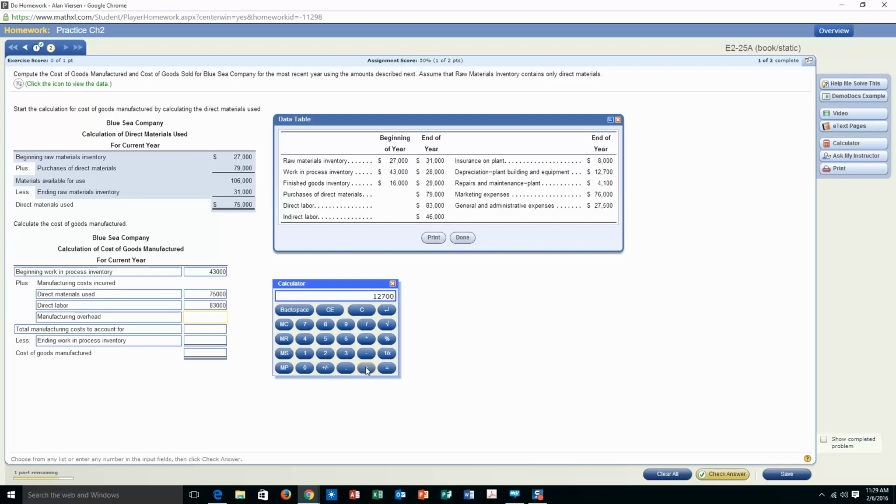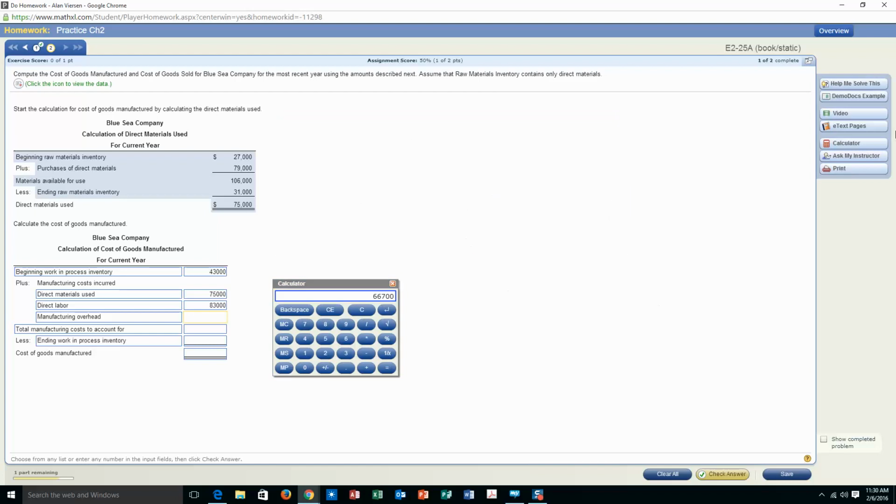And then finally, the repairs and maintenance on the plant, that's not actually part of manufacturing overhead. And marketing is another part of the value chain. General administrative expenses, part of the value chain. So I'm going to equal, and I'm going to have to stop